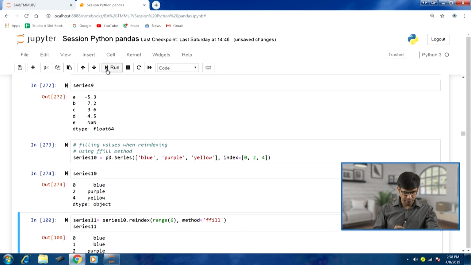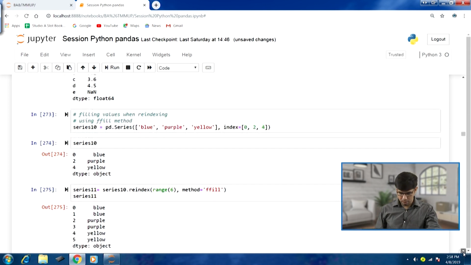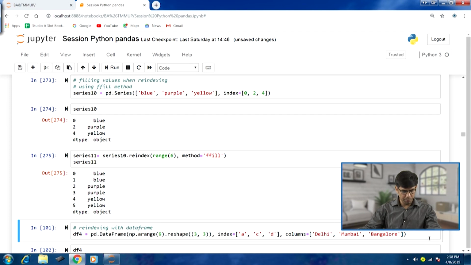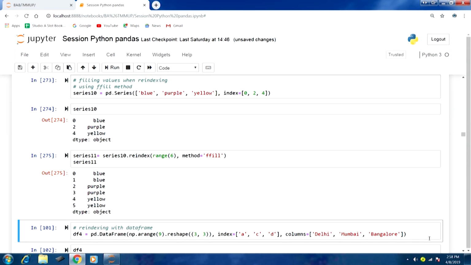Now we can fill this using the ffill method. You can see series 10 dot reindex range 6, and the method name ffill. If I run this, you can see the range has also been changed. The range is 6, and the remaining elements we would be filling up. Comparing output 274 and 275, earlier series 10 had 3 elements.